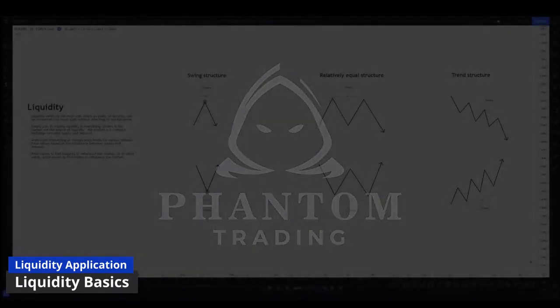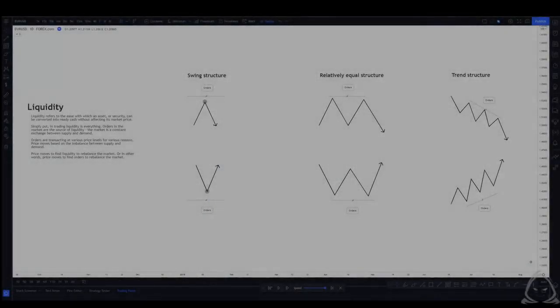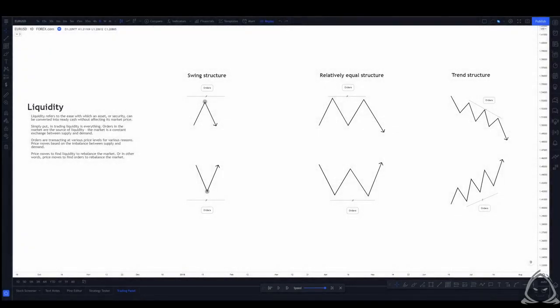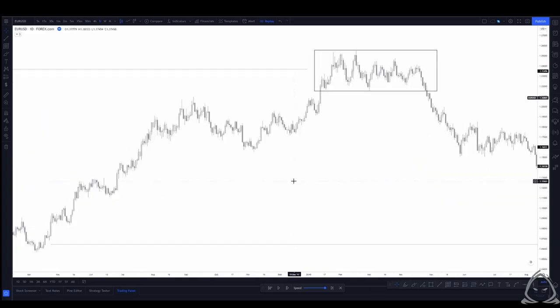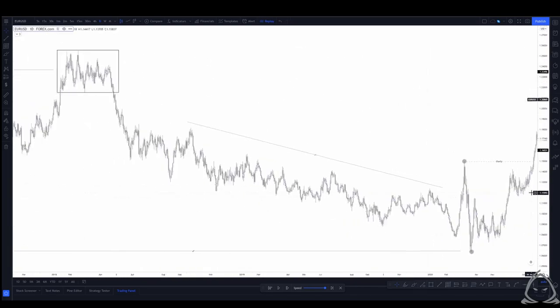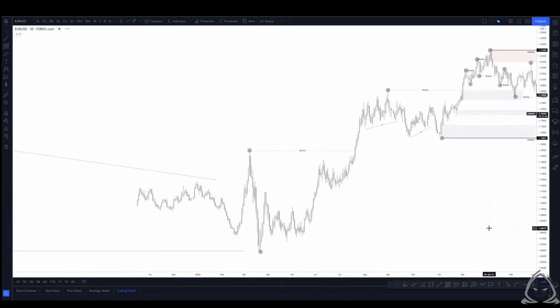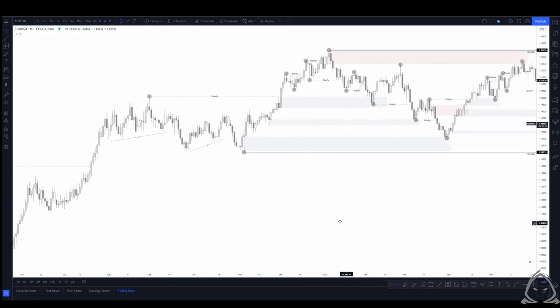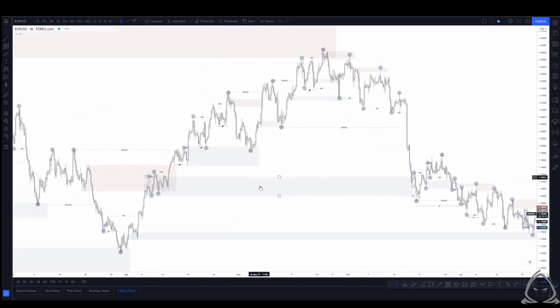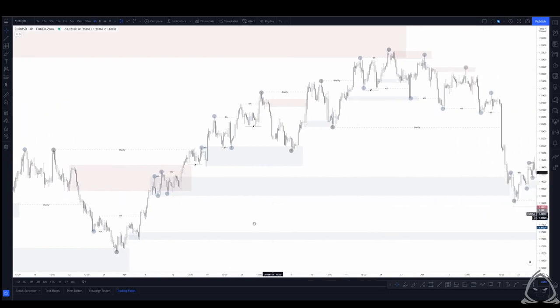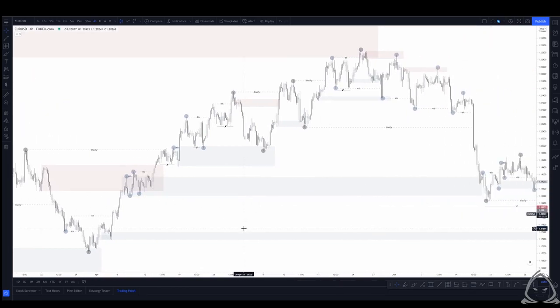Now that we understand the concept of liquidity, the importance it has on the markets, and conceptually what is actually happening behind the scenes, it's a good idea to jump into an example or series of examples just to explain the concept a little bit further. Similar to all the other videos, we'll take a look at Euro US dollar. Initially we'll look at the 4-hour chart again, and we'll just look at a few different bits to explain the few different elements of liquidity that I discussed